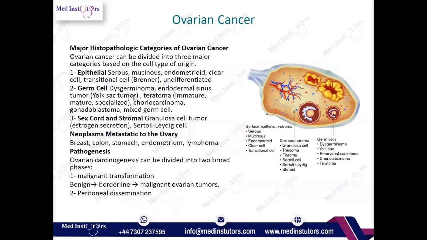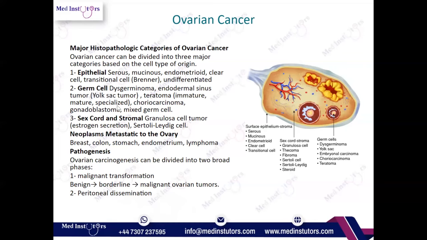So dysgerminoma are basically the tumor of the oogonia. The second type we have is endodermal sinus tumor, which is also known as yolk sac tumor. So what is yolk sac tumor? It is a tumor which develops from the tissue which later on forms the yolk sac. So basically, it's a tumor of yolk sac tissue. And again, in the germ cells,